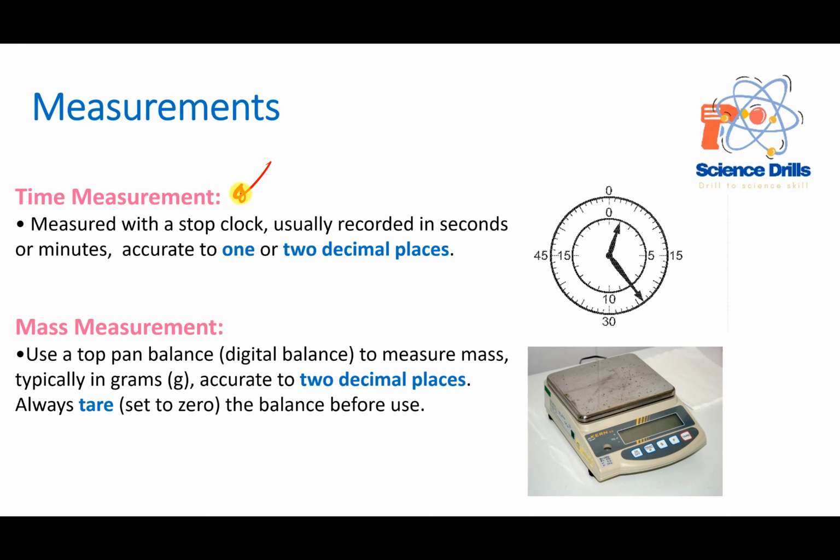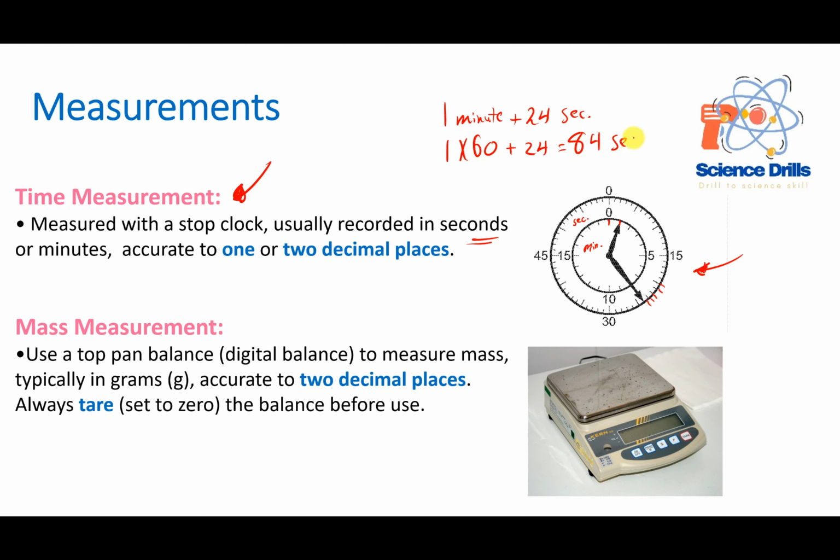Then the time measurement. The time measurement is mainly in seconds. So sometimes they bring questions in this way and they ask you to convert it into seconds. As we can see here, the circle which is inside is for minutes, and the outside circle is for seconds. Here this is 0, 1. So now we have 1 minute plus, and here we have seconds, 15, 20, 21, 22, 23, 24. So 24 seconds. Now we know that 1 minute equals 60 seconds. So we say 1 times 60 plus 24 equals